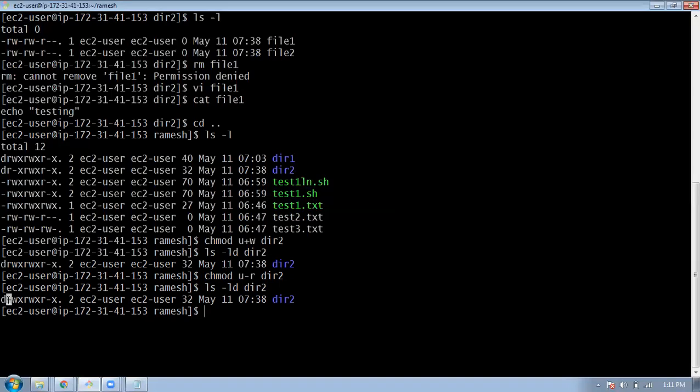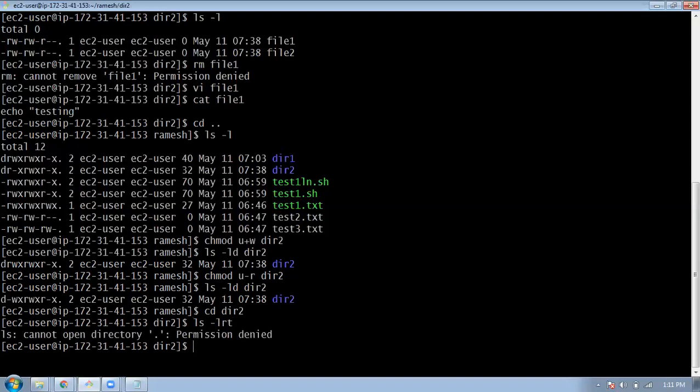So let's see what we cannot do. The cd command is working, okay, but I'm not able to list the files inside the directory. Before, I was able to when I had read permission. So this is the important thing: read access is a must.